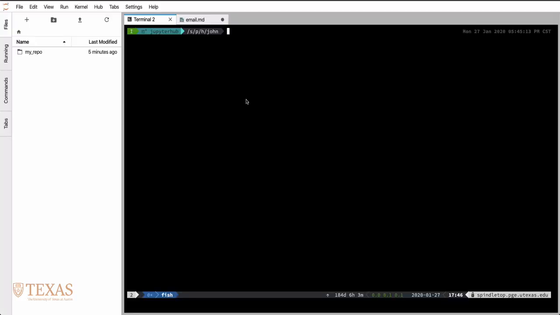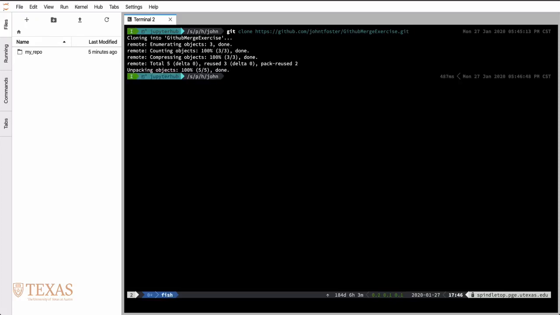So if I return to the command terminal, I can clone this repository by typing git clone and pasting the link in, and it will go ahead and clone that down. You can see over here in the file browser that there it is, and if I open it up, you'll see the 3 files that were shown earlier. Okay, and so what we want to do is edit this email file,